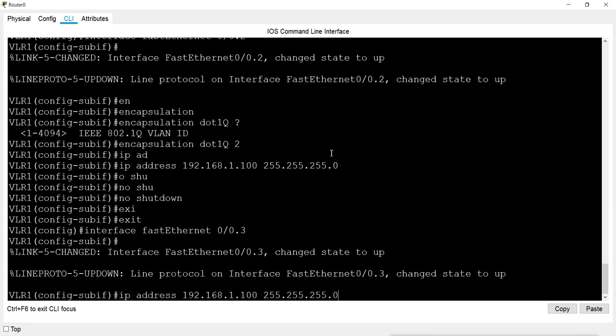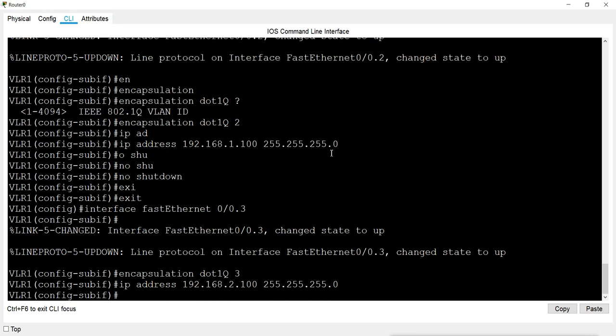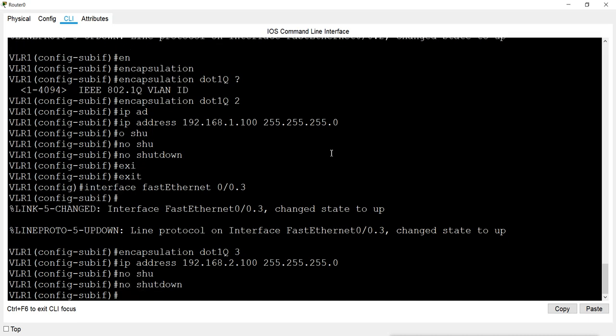So encapsulation .1q 3 I will give. Then IP address will be 2.100 for that VLAN. No shutdown, no need. Again, nothing happens.